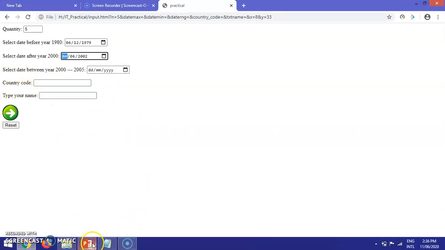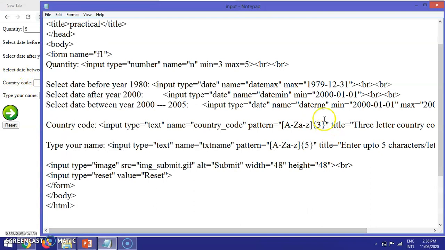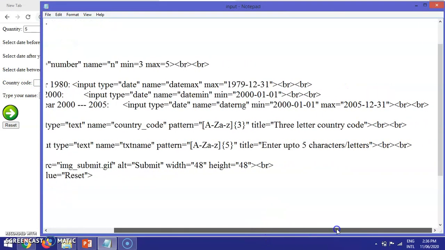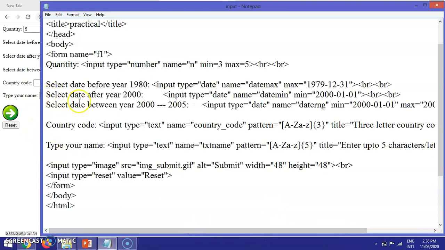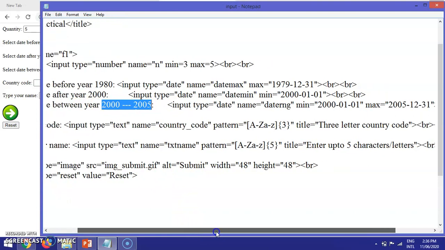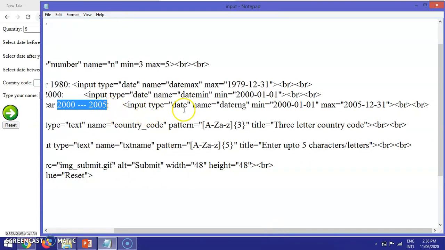Now the third example, I'll use both the min and max attributes for the date control. I'm providing a range. Select a date between 2000 and 2005. First of all, input type is date, and the name I have given is daterng. The minimum date I have set to 2000, 1st January, and it stops at 2005, 31st December.